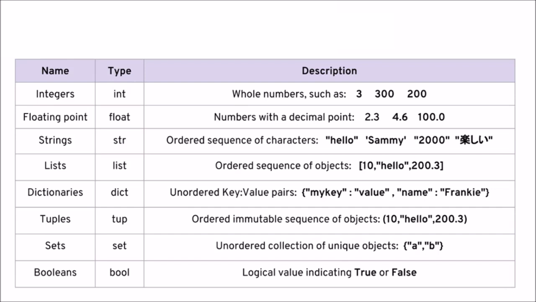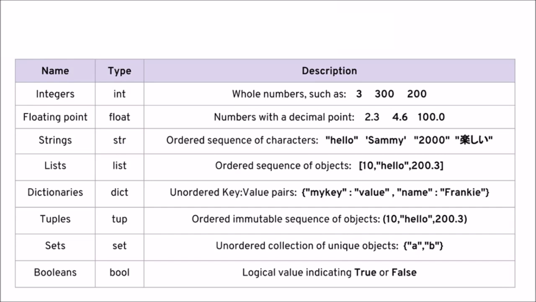So the very second thing is floating point. So what is meant by floating point? A number which has a decimal part is referred to as floating point. So examples are 2.3, 4.6, 100.1. Wait, is 100.1 a whole number, right? No, see, we have some decimal part over here, so it is referred to as float. So how will we determine float in a Python environment? We just use